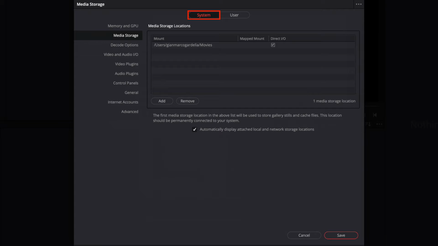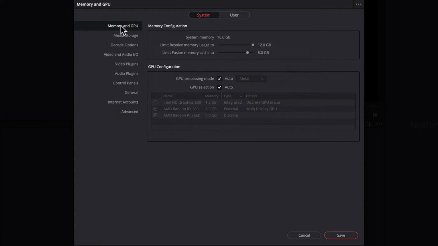System, that gives us an overview of the hardware we have connected and configuration options, and User, where we can select language and other personal preferences. The System section is divided into 10 panels. Memory and GPU is where we can allocate the amount of RAM used by Resolve, as well as the GPU processing mode. What you choose here will depend on how much memory your system has and the video card